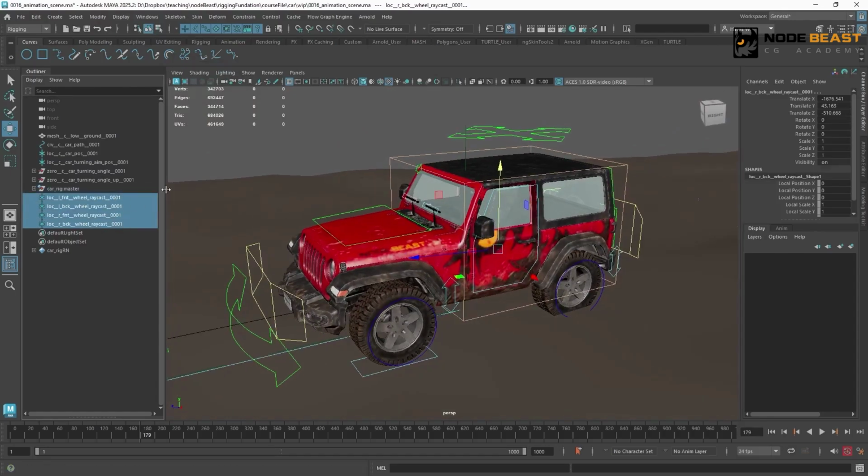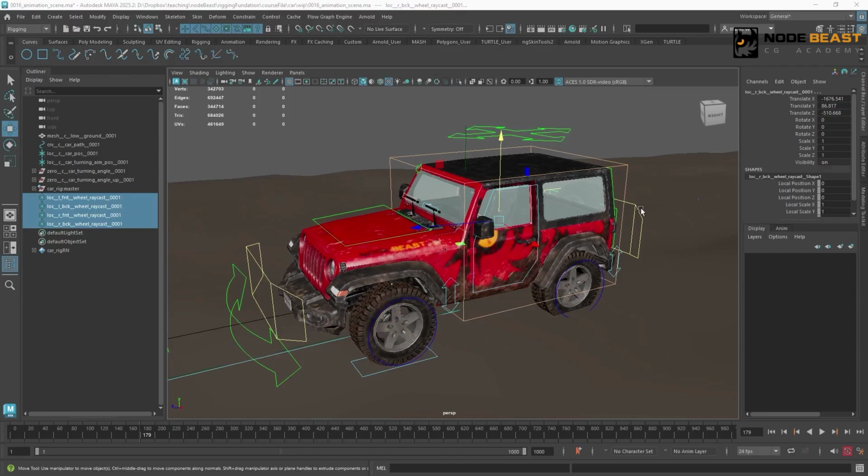Then we need to move these 4 locators upwards along the y-axis by a certain amount. This is mainly to ensure these locators are always above the ground during the animation. We mentioned earlier, we use the locator as the starting point to shoot a ray downwards. If this locator is below the ground at any frame in the animation, shooting a ray downwards obviously won't have any intersection point with the ground. Then the resulting effect will no longer be correct. So we need to move the 4 locators upwards by a certain amount at the same time.